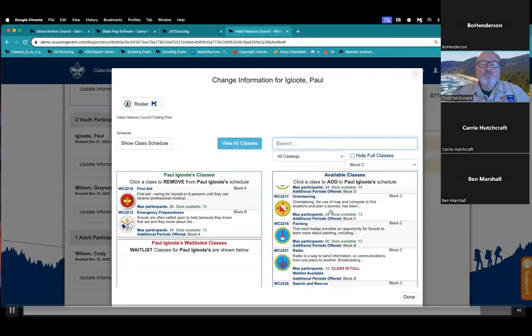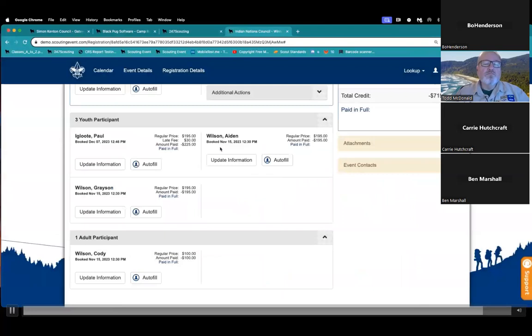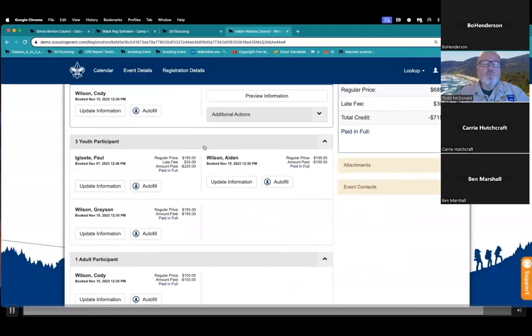Todd said, what if you pay at the end of checkout? Some classes could have fees. So, trying to think of the best way to say this. There are paid in full restrictions, but class fees do not affect that restriction. It's only the base event cost. So if I pay my event in full and then I add a $10 class, I can still keep picking classes without having to pay that class fee yet. I can go through once I'm done with my schedule, and then I can pay for all the classes.